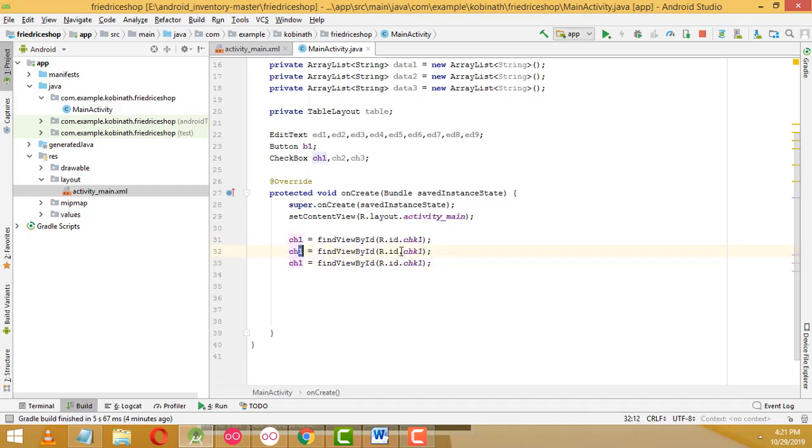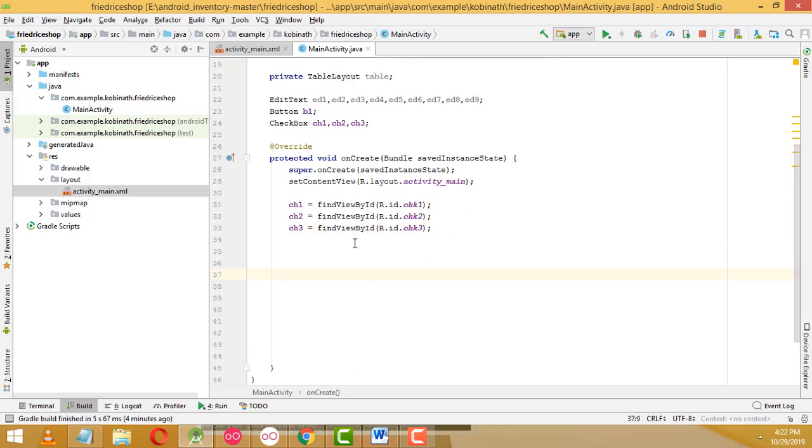Second checkbox chk2, get it here. This variable you are equal to here. This checkbox 2, chk2, you gave the name in the main activity, right? Right. This one 3, this one 3, right? Perfect. After we finish assigning the checkboxes, we have to assign the EditText